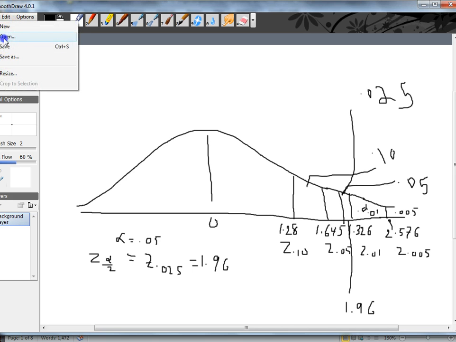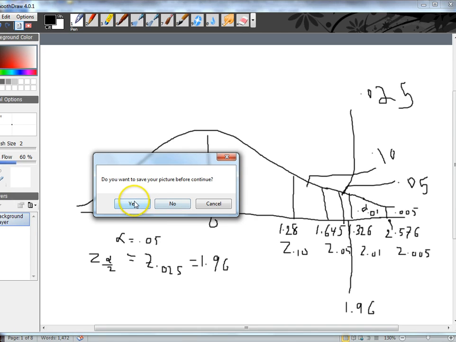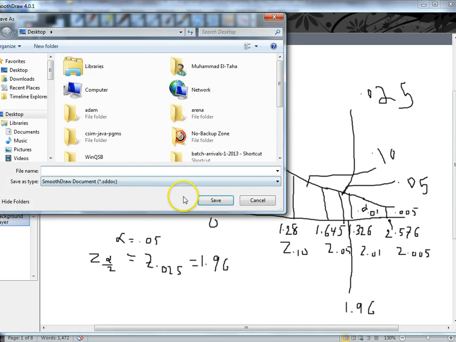Do you want to open another one? Yes. See if I can. Oh no,